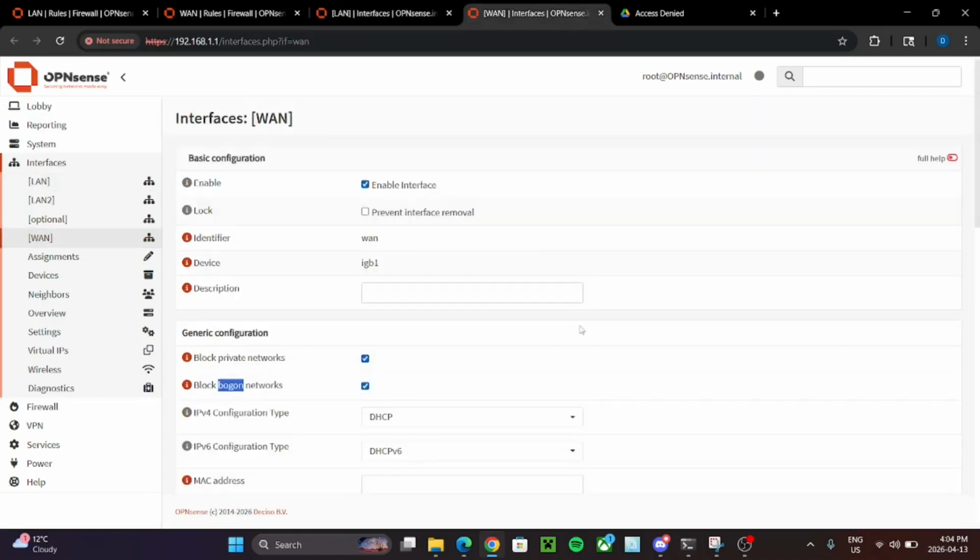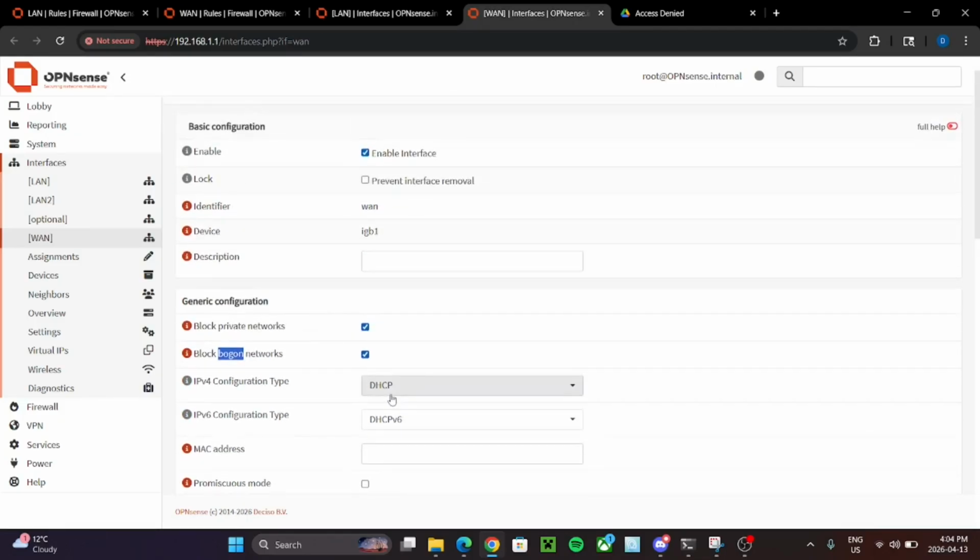And finally, here is the WAN interface set to DHCP, so it automatically receives a public IP from the upstream internet. We have it configured so it blocks private networks and blocks bogon networks, which are enabled just for additional security. Port forwarding has been configured to route incoming traffic from the WAN to our internal server,